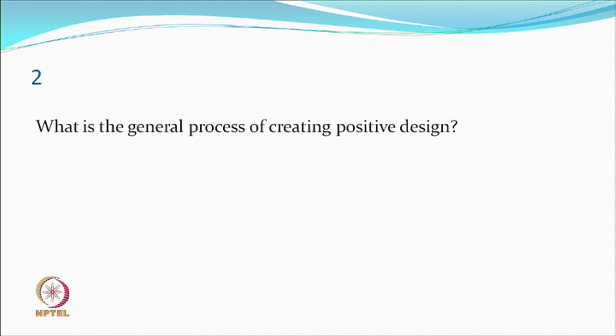I have just tried to modify the question in a way that covers 1 or 2 responses from different people. What is the general process of creating a positive design, whether it is roller printing, rotary printing, lithographic printing or any other printing? What has to be seen is finally what is happening. If finally it is like a stamp, the stamp is being printed, so whatever design is to be printed has to be exactly the same as what is to be printed, all right.